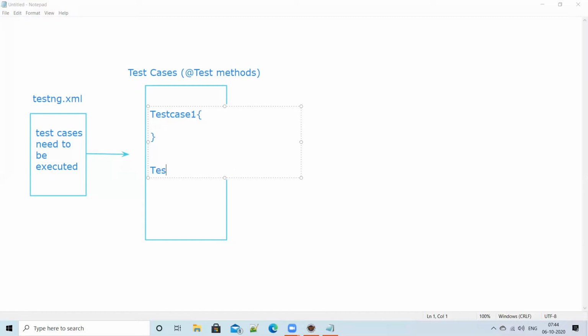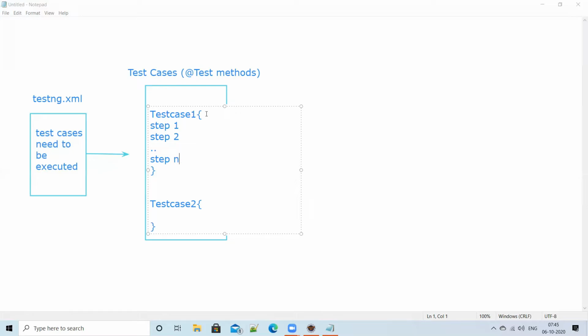Next, test case 2, again, what is the code that needs to be executed? The steps need to be executed. You are specifying all those things, like step 1, step 2, like that, you are specifying the steps.